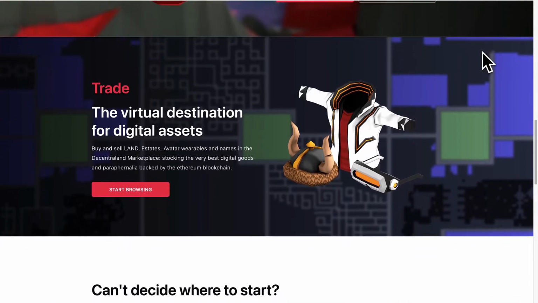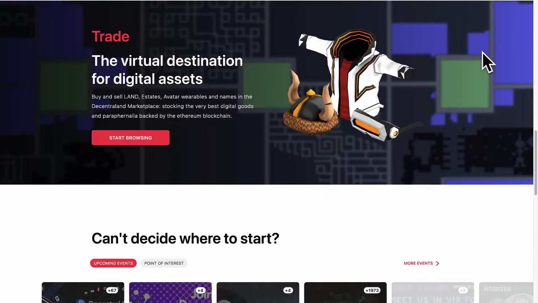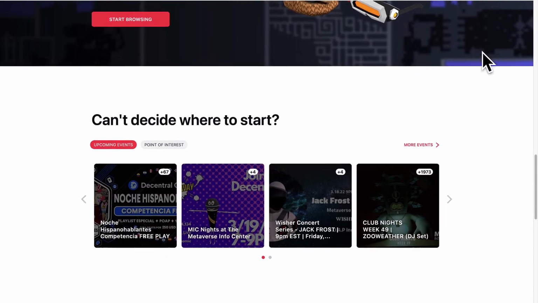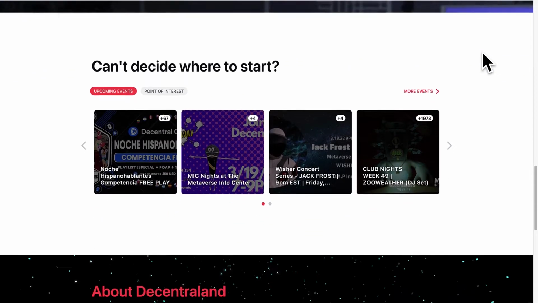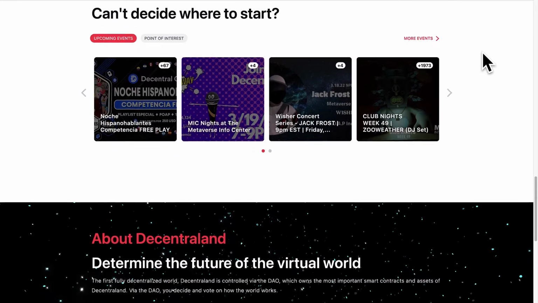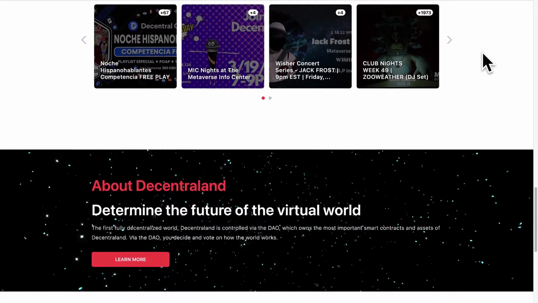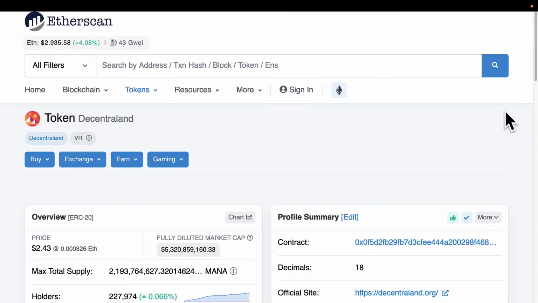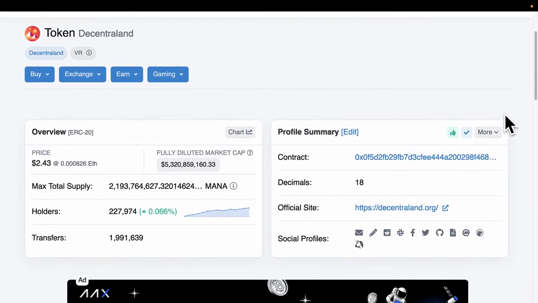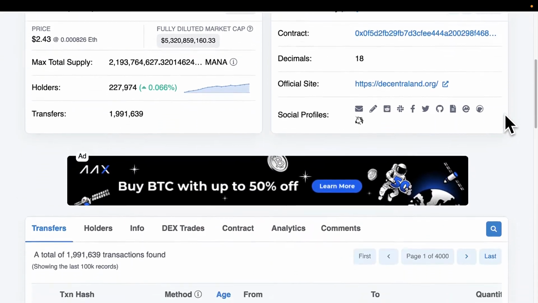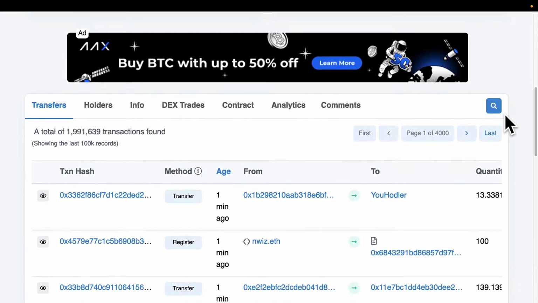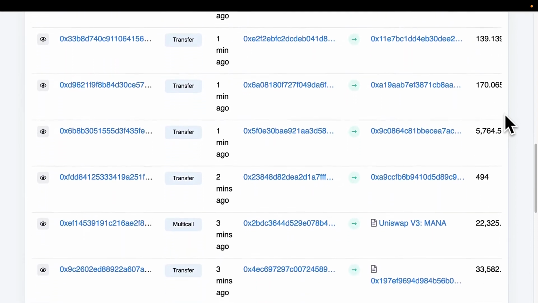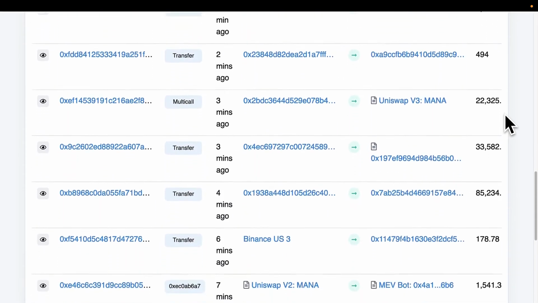Decentraland uses Mana as its cryptocurrency token. This is a fungible token, meaning it can be divisible, and every token can be interchanged for another token. Like the dollar bill is fungible because every dollar bill can be swapped for another dollar bill. And Decentraland's cryptocurrency token Mana follows the ERC20 standard for a fungible token, which means that it complies with Ethereum's standards for building fungible tokens. Decentraland's Mana token is fully decentralized. The private key that controlled its smart contract has been thrown away.